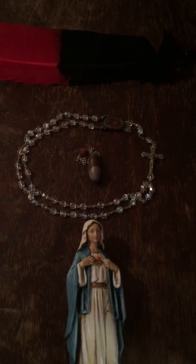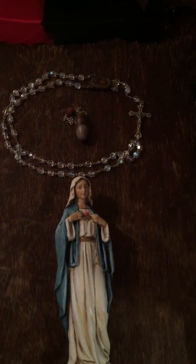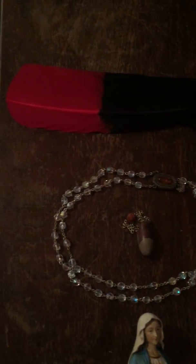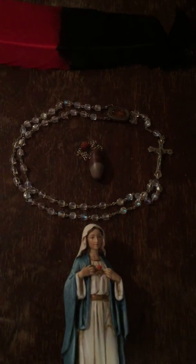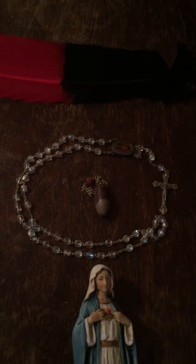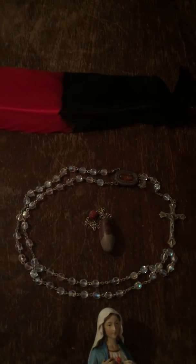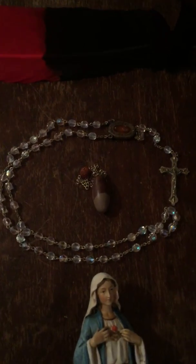Hi everybody, I'm just showing you some of these energy configurations that are being formed now by using the pendulum, and it's really interesting actually. There's been a few of them that have come out and I can show you how they work. Hopefully you can see this a little bit. But the pendulum did choose the feather and then cleared a lot of the energy towards the back and chose